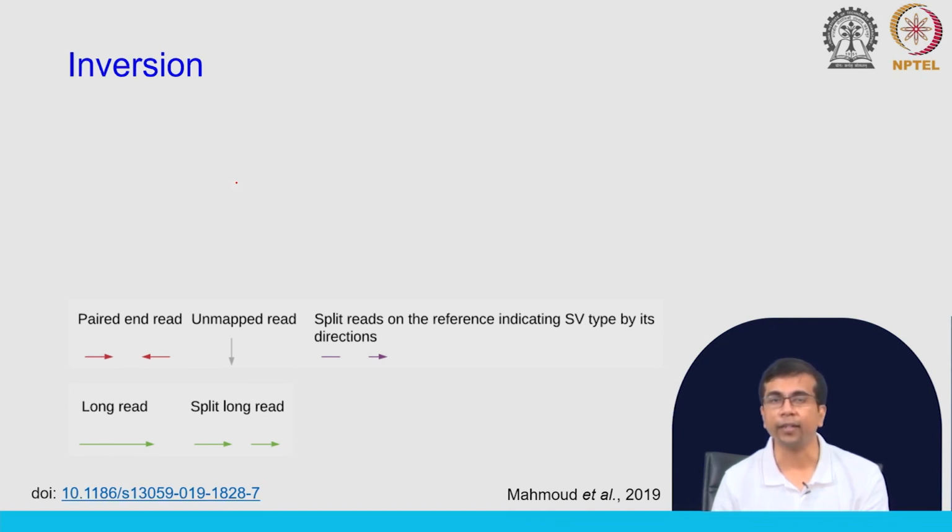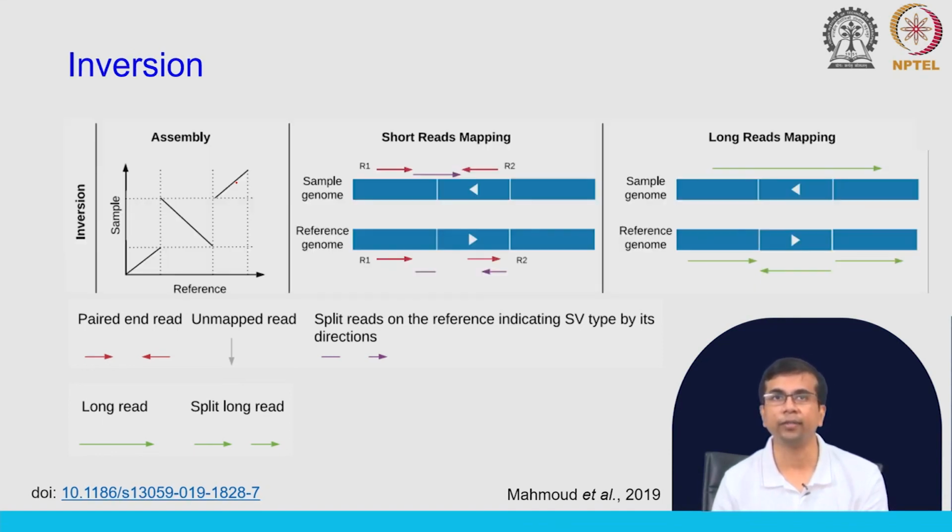Similarly, we can extend these to, for example, inversion events, right. Again there are different scenarios without going into a lot of details. You can actually look up and think about it, right. So, again inversion events, you will have different kind of scenarios, but again the distance, orientation of the reads, split read mapping, these things will change, right. So, similarly, if you look at the long reads, you will see this kind of change in orientation mapping process, as well as if you look at the assembly, again the orientation etc., this will change because of the inversion